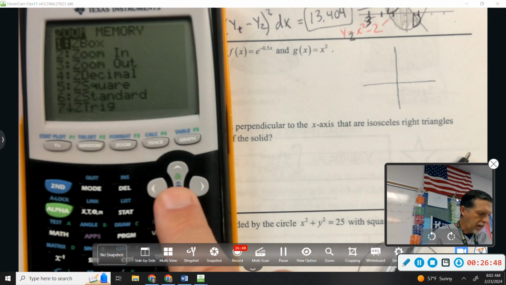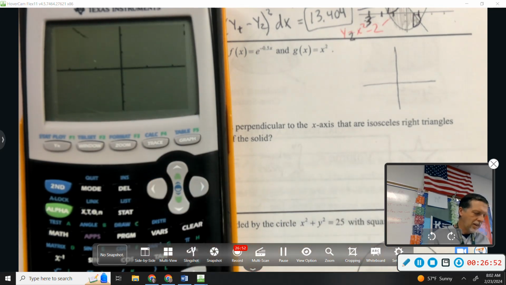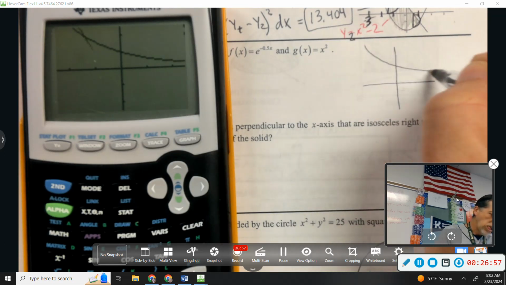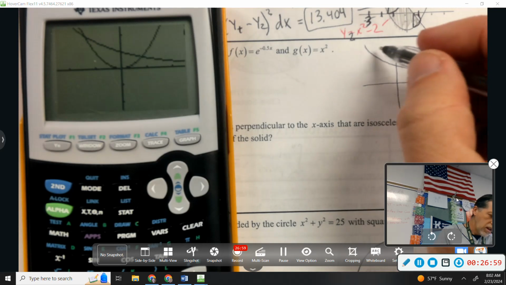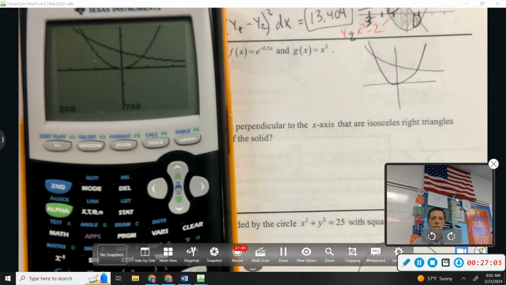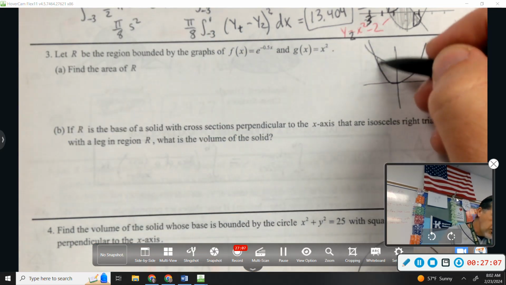Okay, that's kind of, I see where the area is. I'm going to zoom in on that and get a better view here. Okay, so there's the region